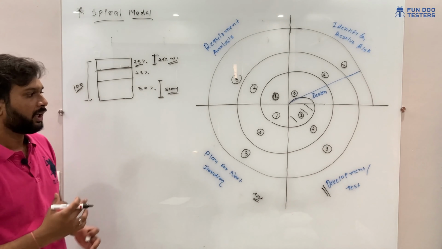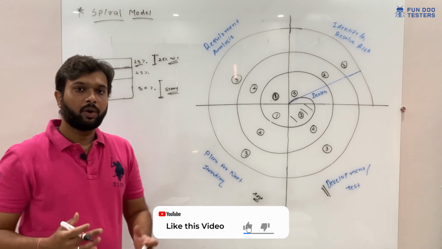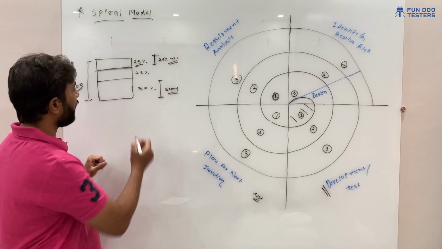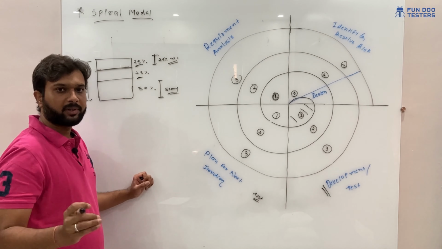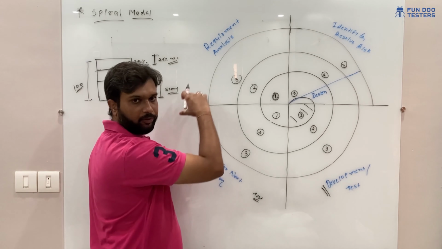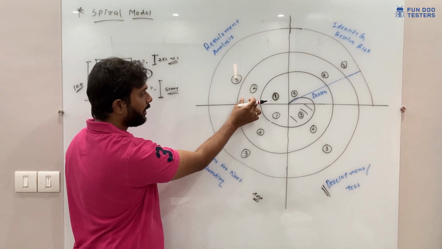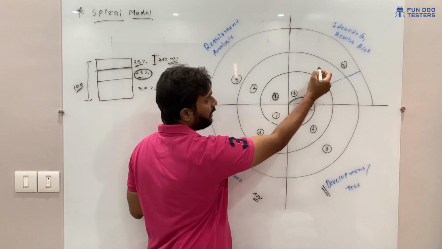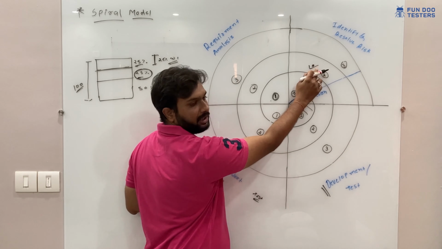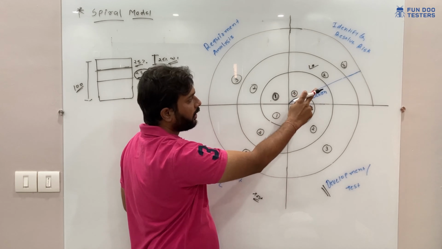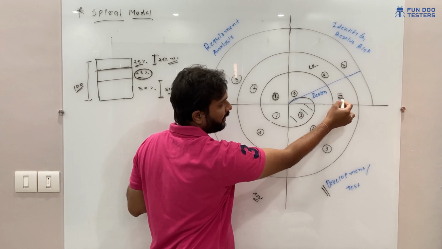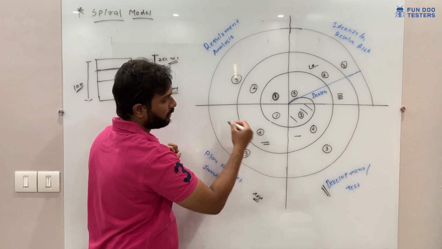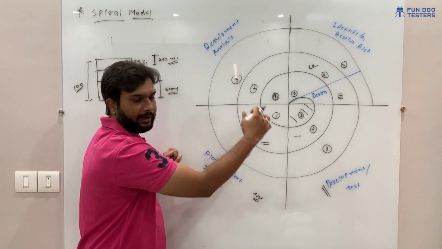In the next iteration they decide what they are going to build, or what the plan is for the next build. So in the next iteration they are going to take another 25% chunk. Again they follow the same procedure. Initially they will do the requirement analysis of this 25%, and then in the second phase they identify and resolve the risk, and we will make the design of this part, and again development and coding in this phase. This is how we are moving spirally.